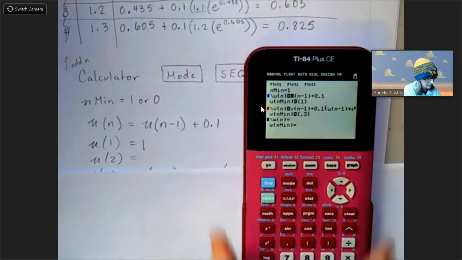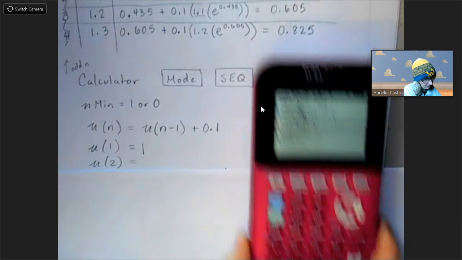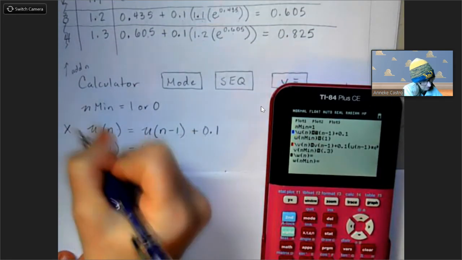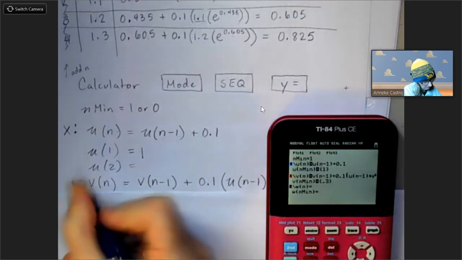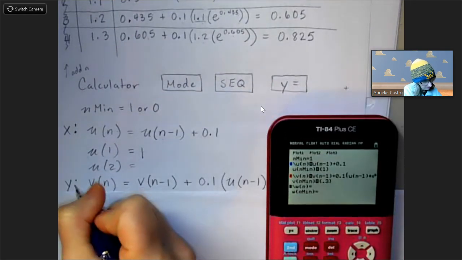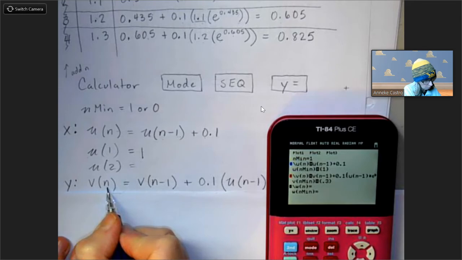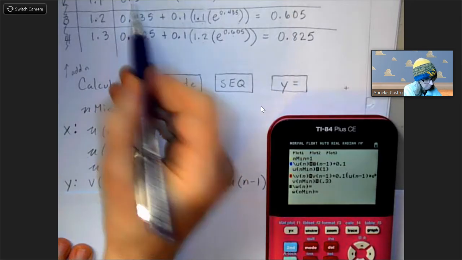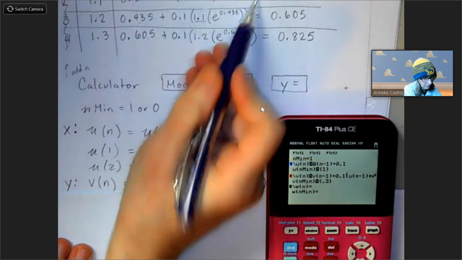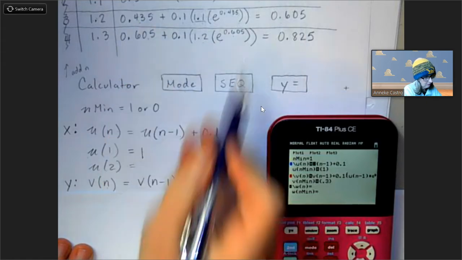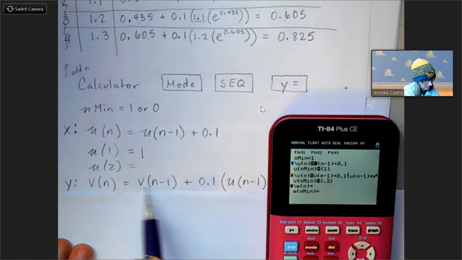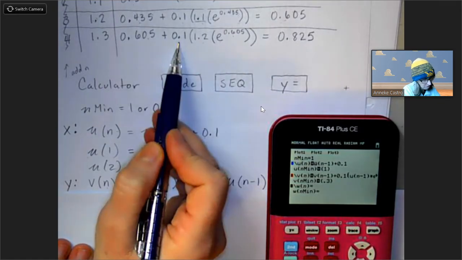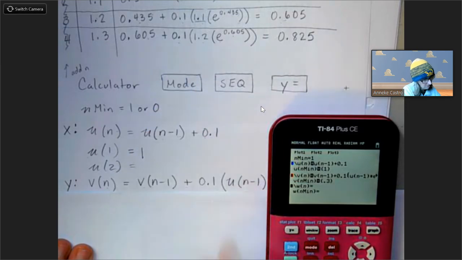Okay, so then next comes y. So this was our x. Now our y is going to be v of n. So how do we get y? Well, how did we get it here? We took the previous y value, so that's v of n minus 1, plus 0.1, that's our step, times,